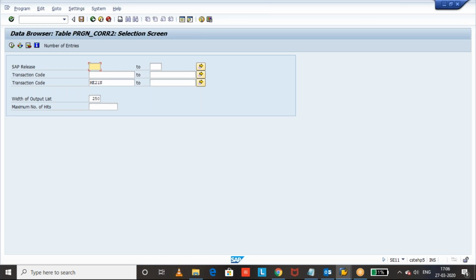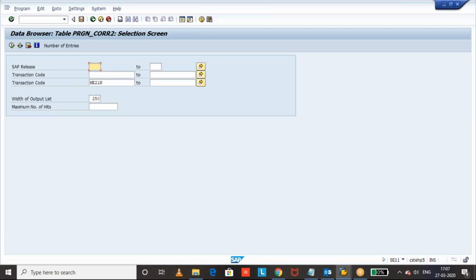Okay. For example, you don't know about the latest transaction codes. If you are using the same transaction, you can check this table to know whether SAP has released any new transaction code for the respective transaction which you are using in your business. For example, some of the companies have implemented SAP in 2004 or 2008 or 2009. Later, SAP has introduced certain new things, new transaction codes, but the respective team was not aware of them. Then you can use this table to know if any latest transaction code is released by SAP, so that you can adopt the new changes and new functionalities provided by SAP.